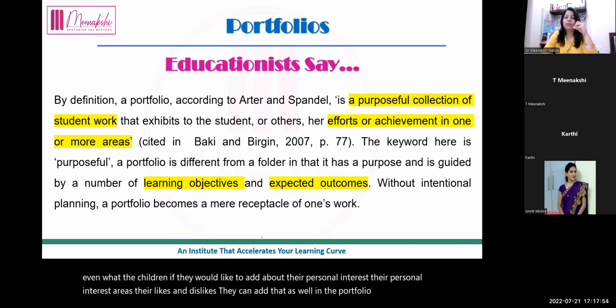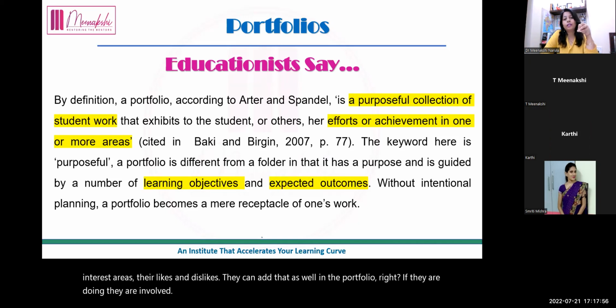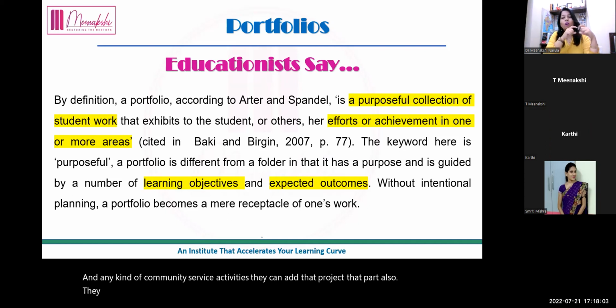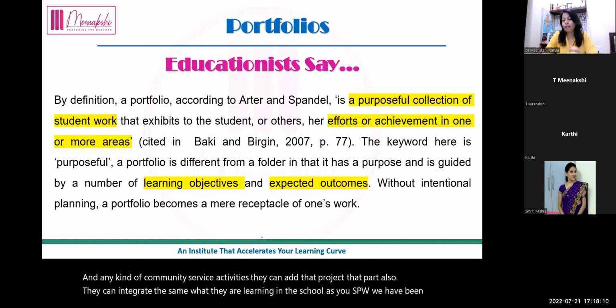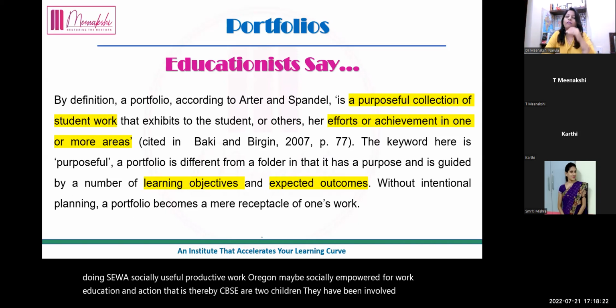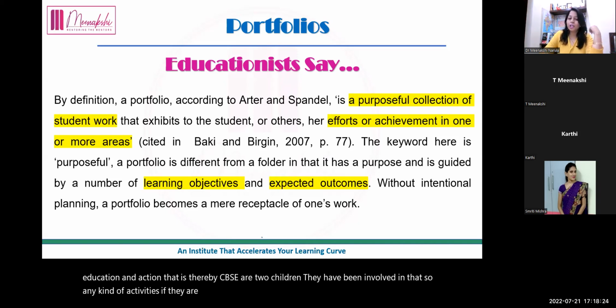If they are involved in any kind of community service activities, they can add that project also. They can integrate what they are learning in the school. As in SUPW, we have been doing SEWA, socially useful productive work, or socially empowered work, education, and action. That is there by CBSE. Our children have been involved in that. So any kind of activities they are involved in, they can share that as well. Now, going further,